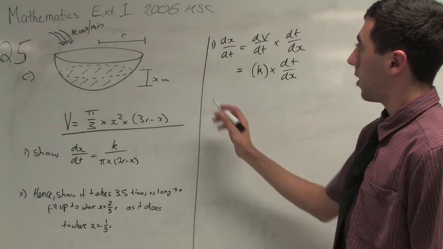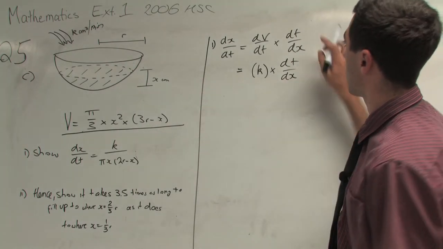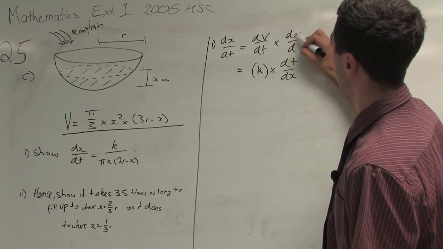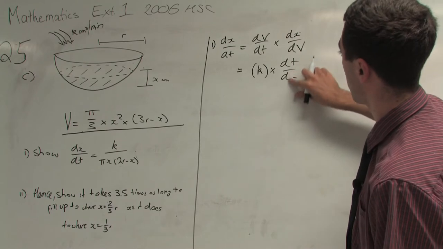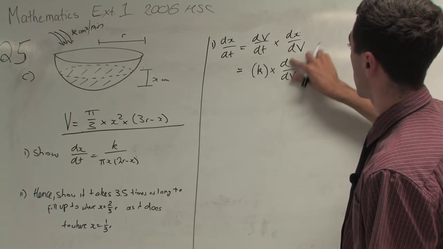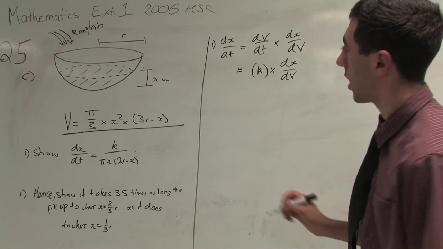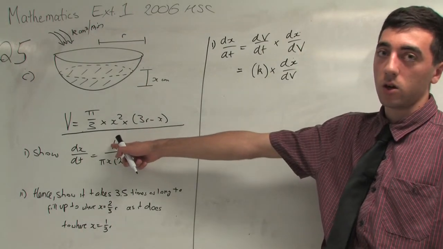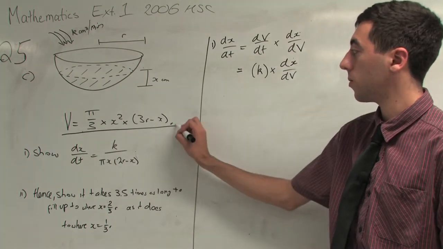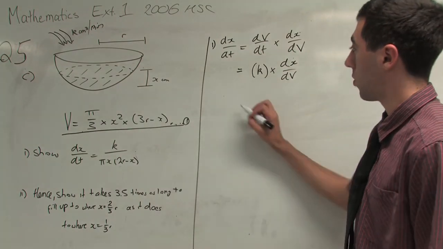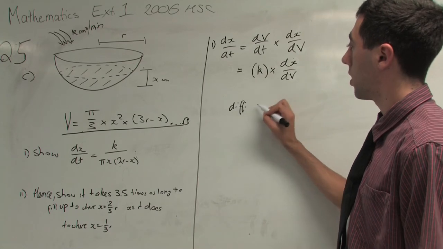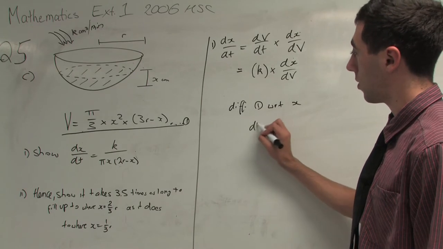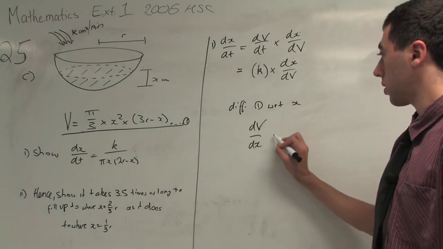Sorry, my bad, those things should be dx over dv. That makes it a lot easier. So now we just need to find dx over dv. Well, we can find dv over dx if we differentiate this function. So we'll just differentiate the volume with respect to x. So we'll get dv over dx is equal to